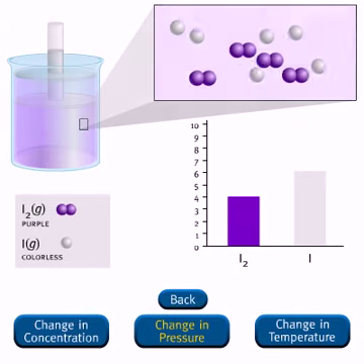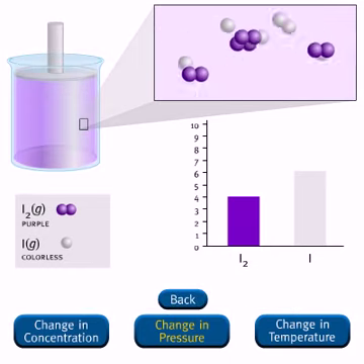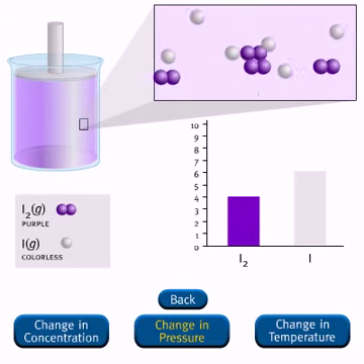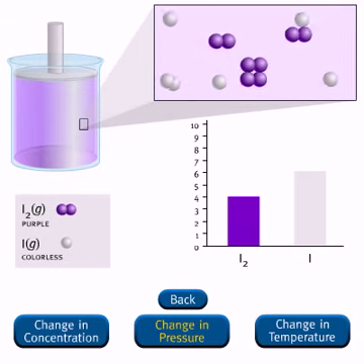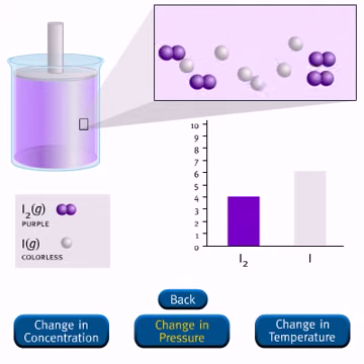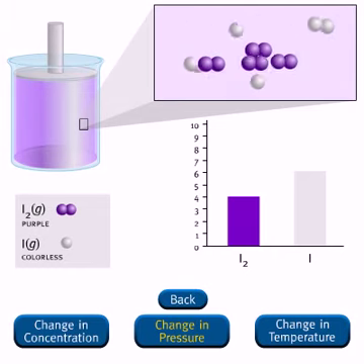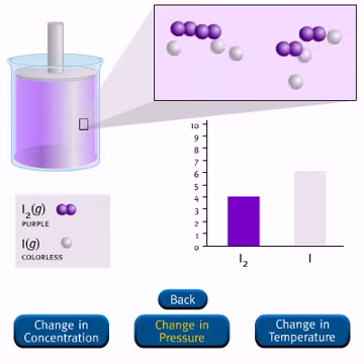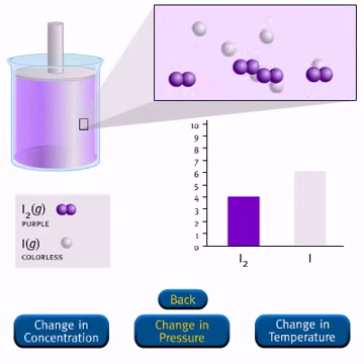You have decreased the pressure by increasing the volume of the container. Le Chatelier's principle states that this stress will be partially offset. The system can partially offset this stress by increasing the moles of gas. Pressure is directly proportional to the moles of gas. Because of the 2-to-1 mole ratio,